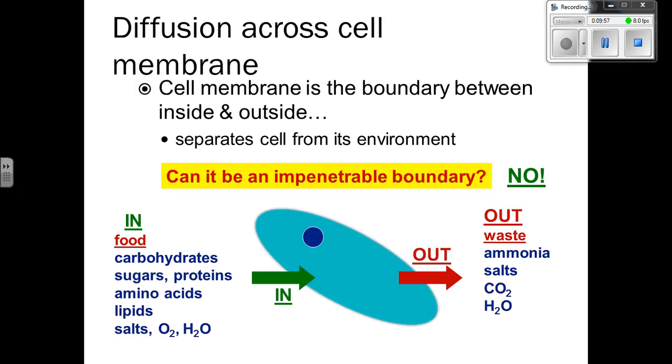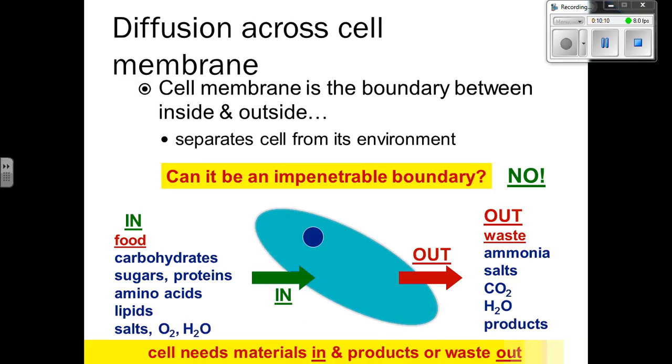And again, when we talk about how they move, they typically move from an area of high concentration to low concentration, either in the cell or out of the cell. And specifically when we're talking about water, that's a special type of diffusion called osmosis. So if we look at